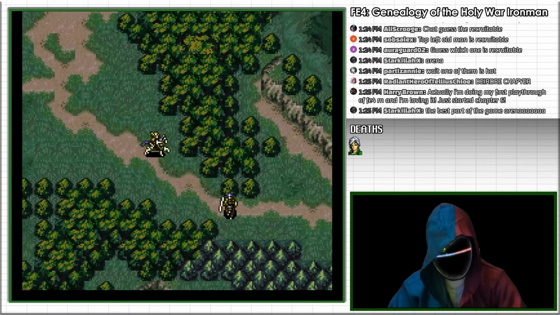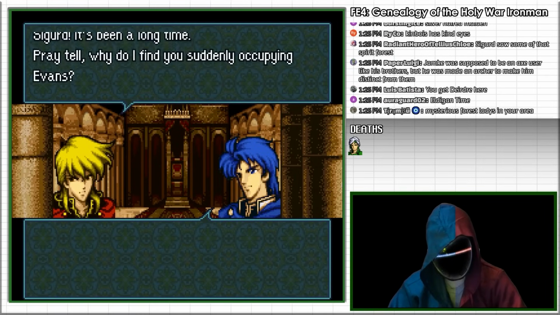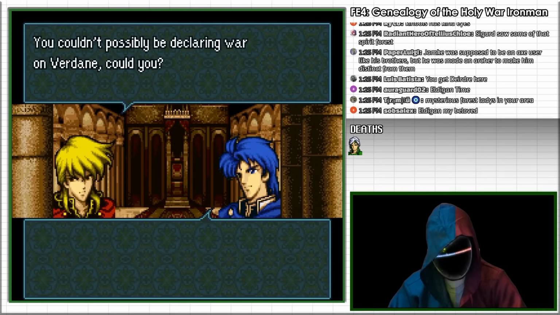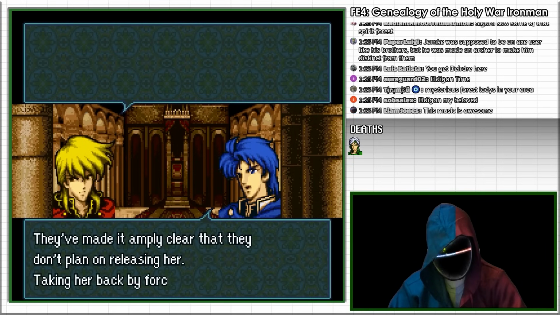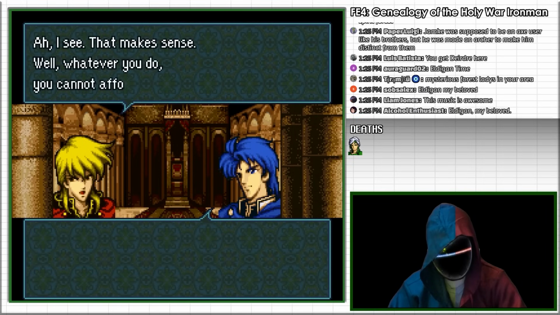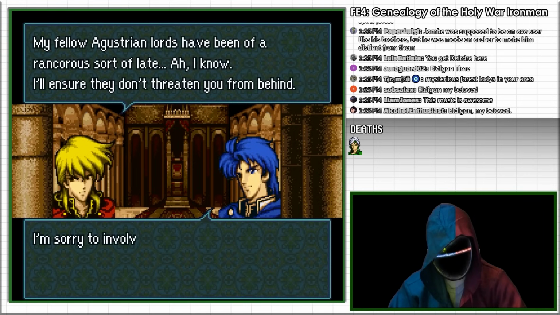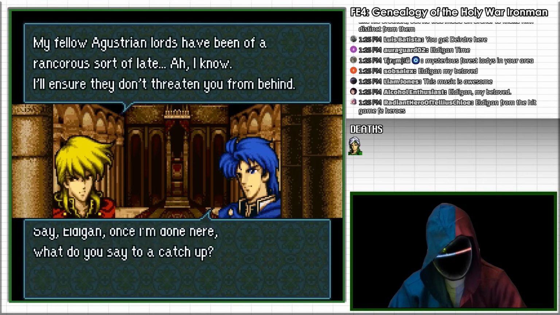In Chapter 1 of FE4, Sigurd encounters Eldigan, the Lord of Nordion, who asks him in jest whether or not he is declaring war on Verdane. Sigurd denies that he's doing anything of the sort, and says that he's just here to rescue Aideen and nothing more. Eldigan foolishly trusts his old friend and promises to protect Sigurd's flank, as Sigurd self-defenses his way into the